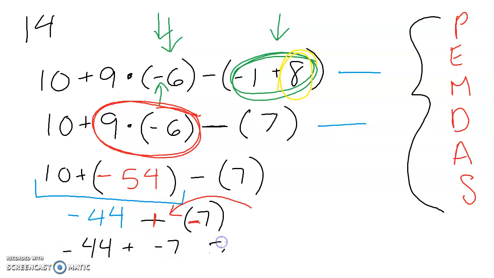So when I am doing this, I'm now adding numbers with the same sign. So I'm going to simply add the numbers. So 44 plus 7 is going to be 11, then 11 and 12, so it's 121. And then you are going to keep the sign